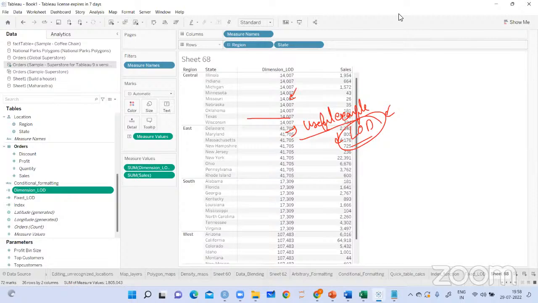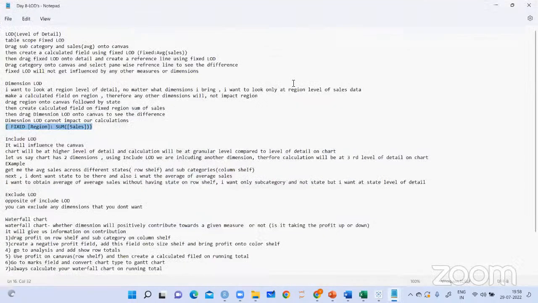So like this, you have some more LODs. You have include LOD. You have exclude LOD. So all these things you can explore. So different types of LODs, this we are going to see. So include LOD, if you try to understand, the chart is going to be